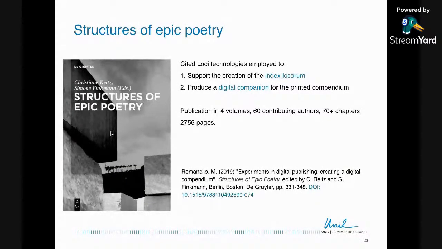So in this collaboration, we applied the pipeline to produce the index that then got included in the final PDF that got printed. So it was really an experiment to see, since it was going to take a very long time to index all the citations that it contains manually, we tried this semi-automatic workflow where the cited Loci pipeline is used to extract the references, and then they are corrected in order to make sure that the index is as correct as humanly possible.